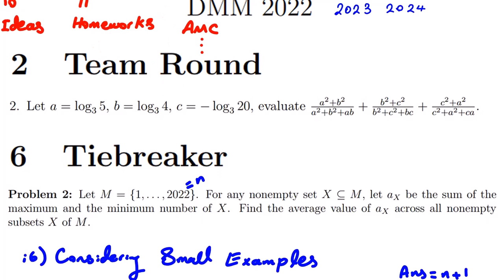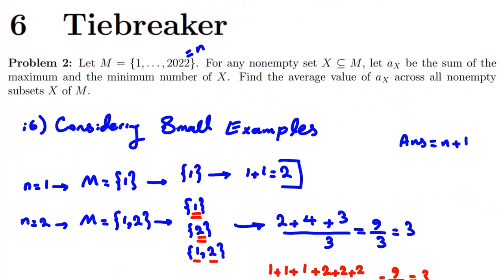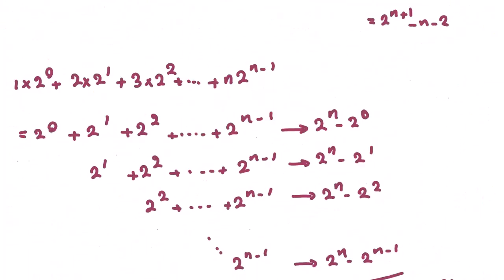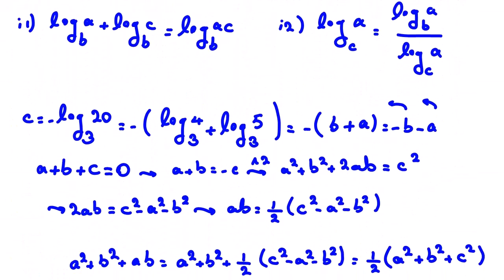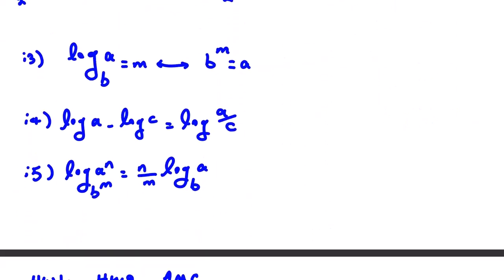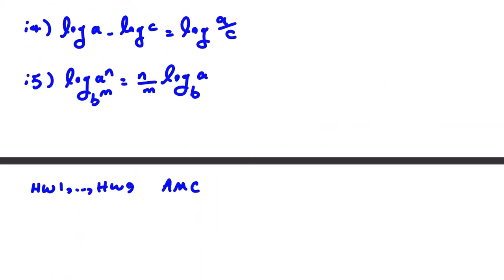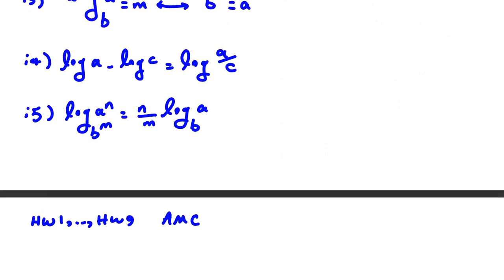We will solve two problems from team round and one problem from tiebreaker. We will consider, for example, considering small examples, double counting, and triangular method. We're calculating this. Here are some rules in logarithm that are useful, and also from here I leave 9 homeworks